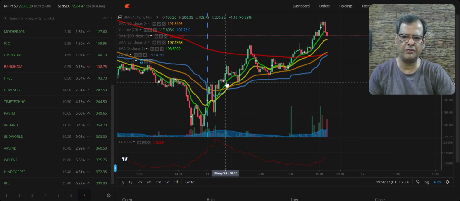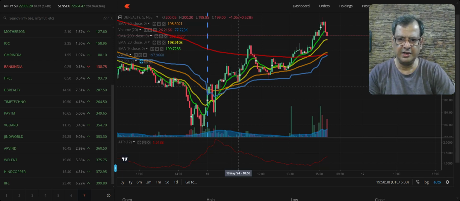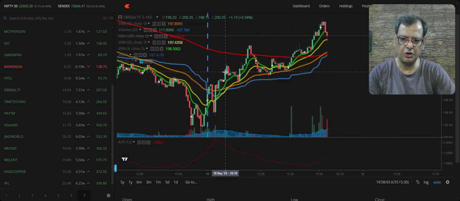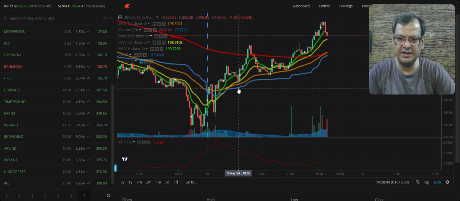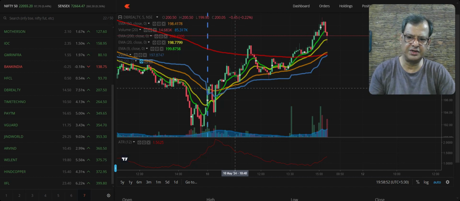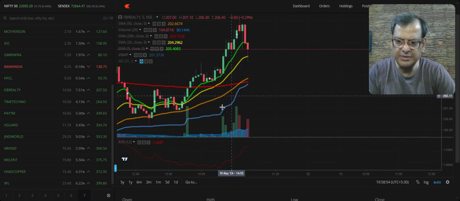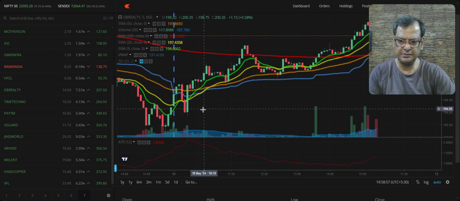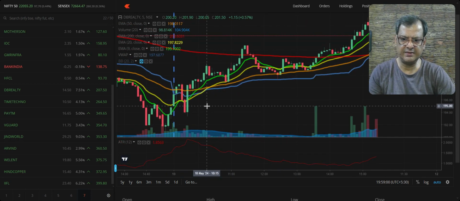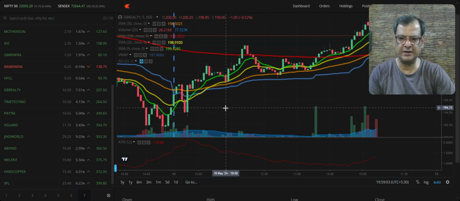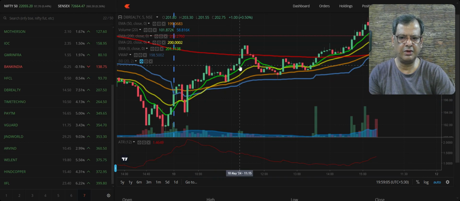stop loss would be below the low of this candle. And the low of this candle is 198.75. So if you kept it at 198.50, you would not have been taken out. You would not have been taken out even here, and you would still be in the trade if you took a long above this and kept it at 198.75 and 198.85. So you would have been safe here. Let me zoom in so that we get a better idea. Yeah, 198.75 and 198.85. So you would still be in the trade, and you would have made some money, and